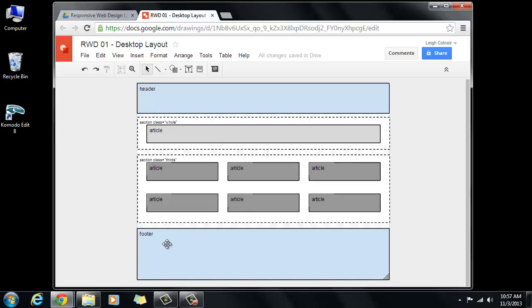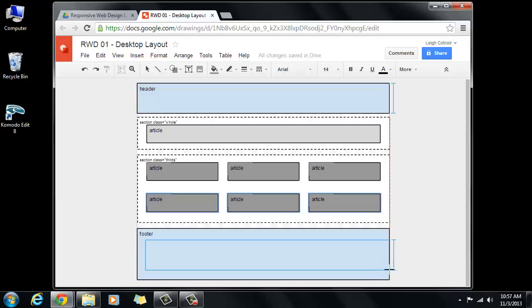All right. So the next thing that I would consider is the footer. You might want to have columns of links. You can decide on your own if you want to have 3 columns or 2 columns or what have you. Let's just say that we're going to go ahead and duplicate this article, and actually what we need to do is we also need to create a section. So let's create the section first before we do anything. I'm going to drag my shape out, and we're going to start the section here